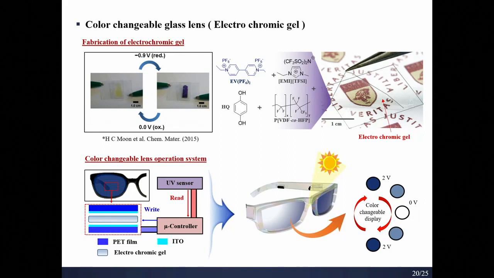For the material of the color changeable glass lens, we used the previously reported electrochromic gel. The electrochromic gel can change its colors by oxidation and reduction reactions in the ionic components of the gel when certain voltages are applied. The characteristic of this gel is that it is transparent and freestandable,